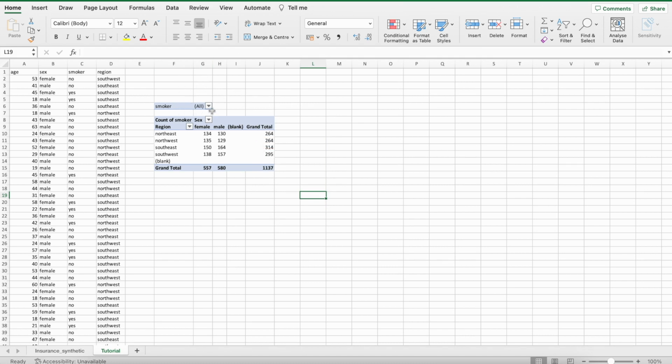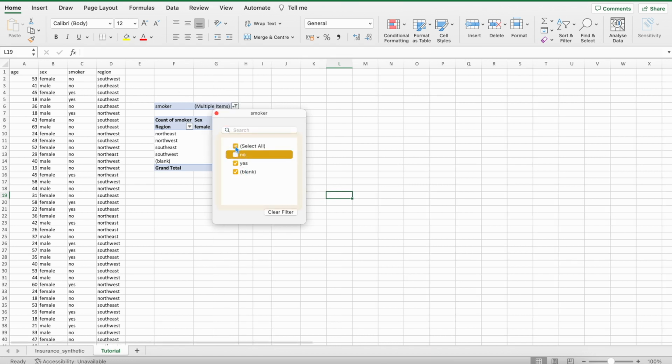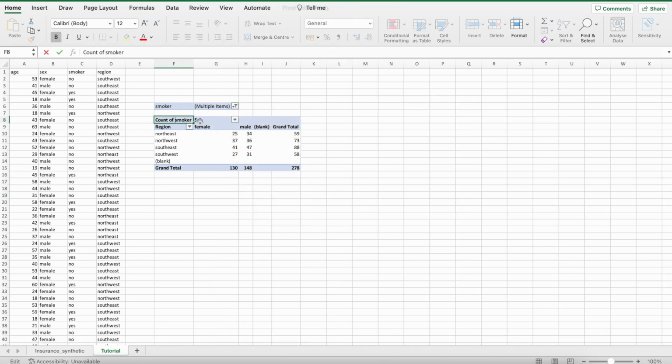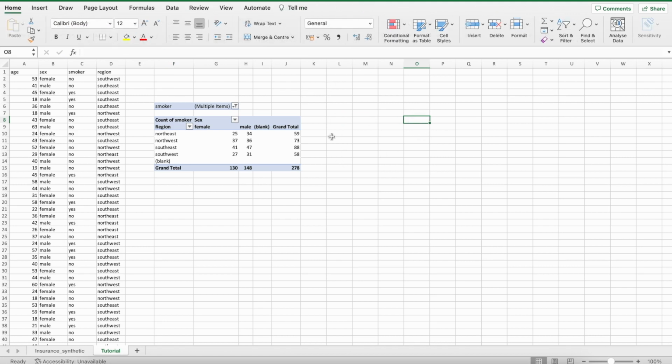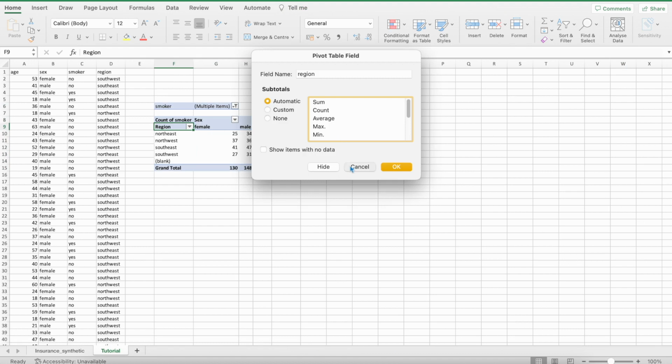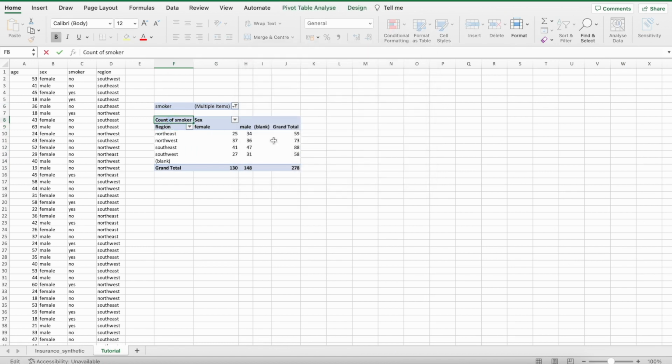There's other things that we can do as well. Let's say we want to just have yes smoker, and then let's go back onto the pivot table field. Oh yeah, also another thing, I panicked when I didn't realize how to do this when I first used Excel. If you can't get this thing on the right side to change your pivot table fields, just simply click on the pivot table. Don't freak out, just double click, and if that doesn't work, just click on the pivot table, and then